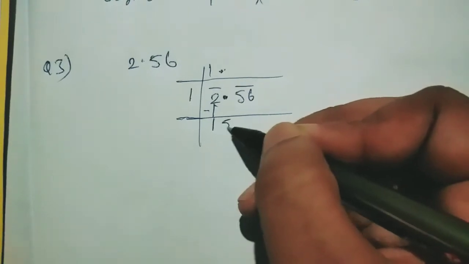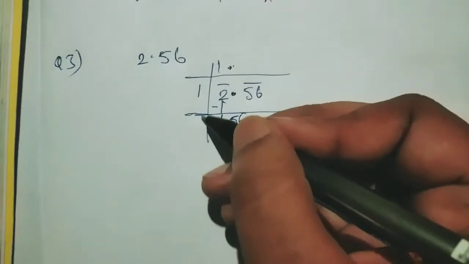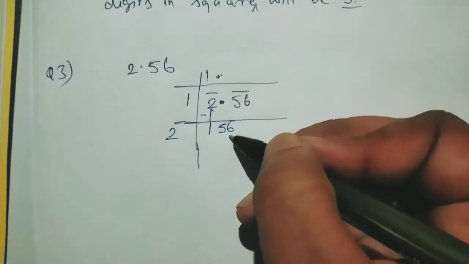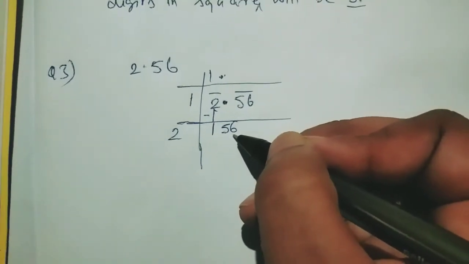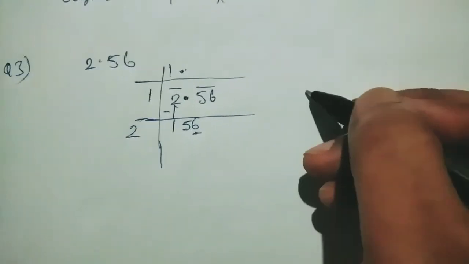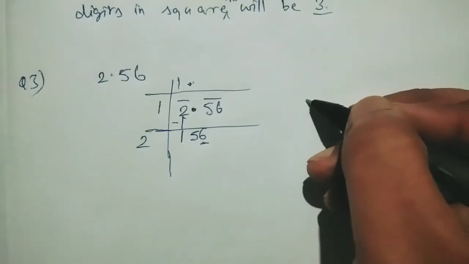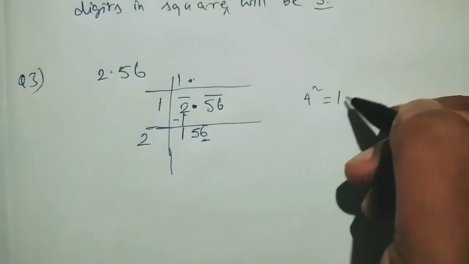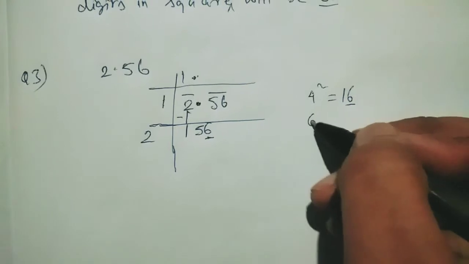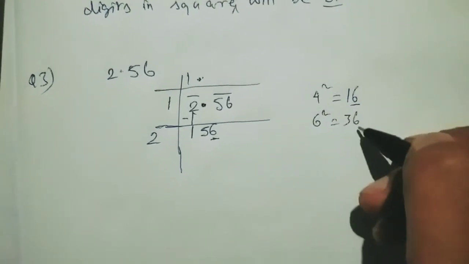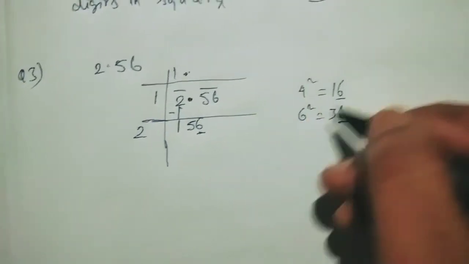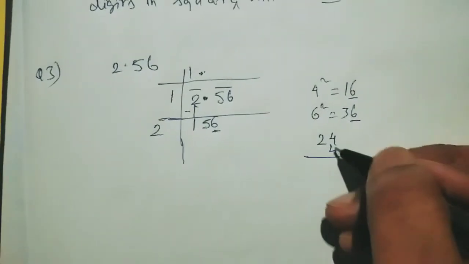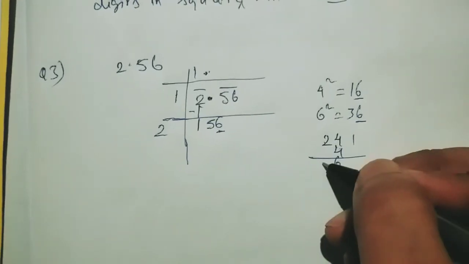Now 56 will come down. Okay, together 56 will come down. Now this 1 plus 1, you have to add it and write. Now 156. That means you have to see the unit digit. 6 is there, so whose square has 6 in the unit digit? So you are getting 4 square, 16, so 6 is the unit digit, and 6 square is 36, so the unit digit is 6. So we'll multiply with 4 one time and 6 one time. So 2, here 4 and 4. 4 4 is 16, 1, 4 2 is 8, 9.